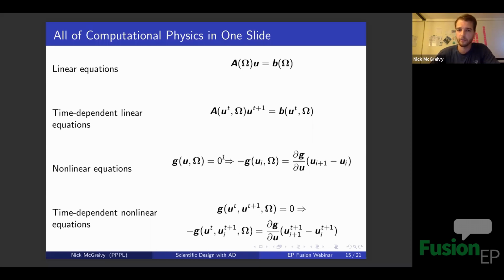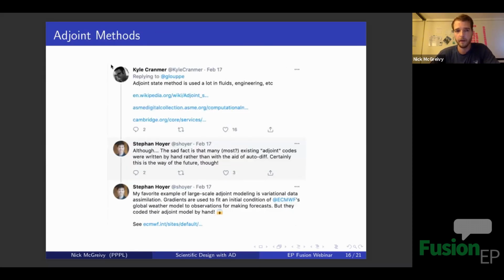Well, you do that actually with the adjoint method. And so this is also from Gies's tweet that I referenced earlier. And Kyle's a physicist, and Stefan has his PhD in physics but works at Google. And Kyle referenced the adjoint method. And then Stefan says, and this is interesting and insightful, the sad fact is that many existing adjoint codes were written by hand rather than with the aid of AutoDiff. And so he's somebody who's been working on these packages, and says certainly this is the way of the future. So this is my hope as well, and this is things that people are working on,